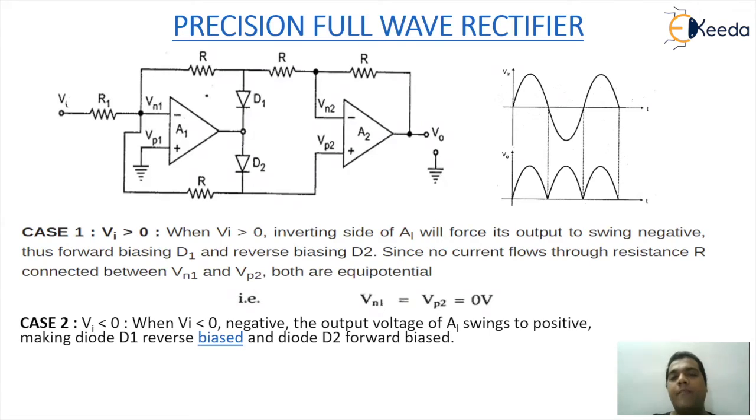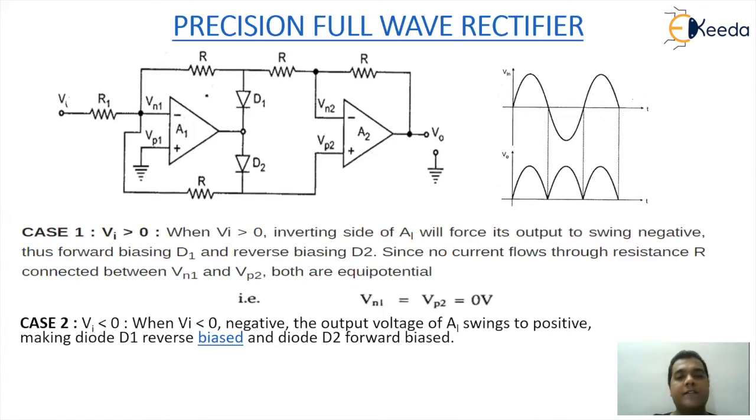For the second amplifier, if you observe carefully, there is the minus pin and the plus pin. At the plus pin, that is the non-inverting pin of the op-amp, you can see the connection at the junction of the resistor R and diode D2, whereas the inverting pin is at the junction of the two resistances of R value, and you are measuring the output at VO. So what we need to understand here is what happens to the circuitry when we talk about the positive half cycle and the negative half cycle of the input.